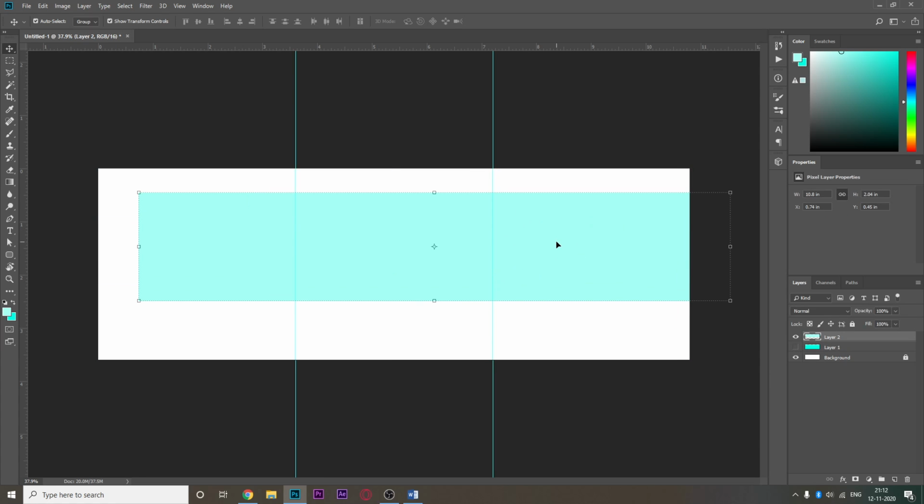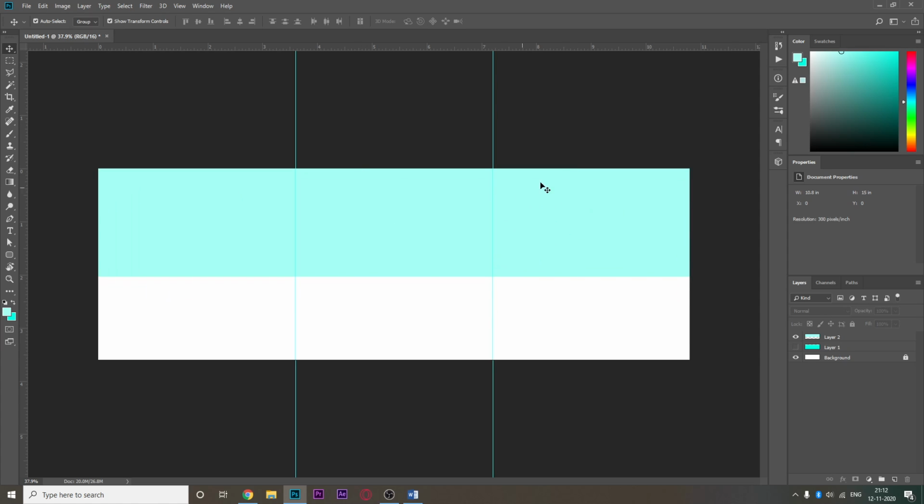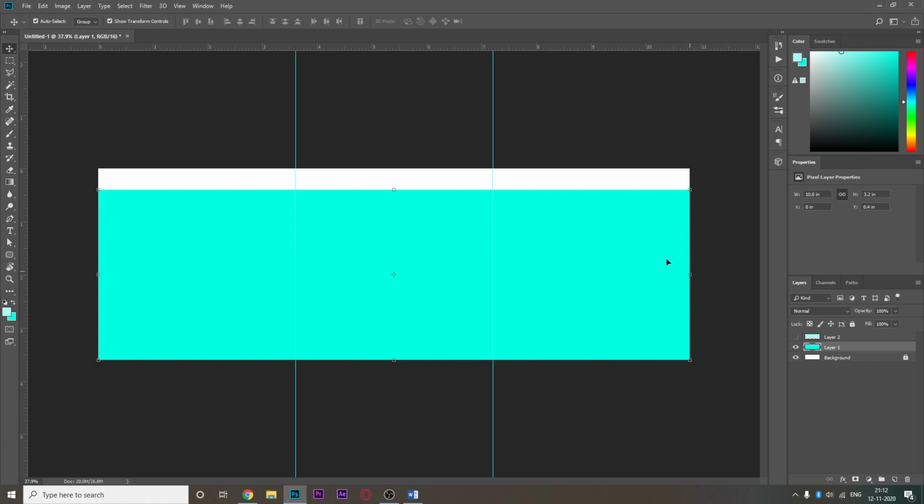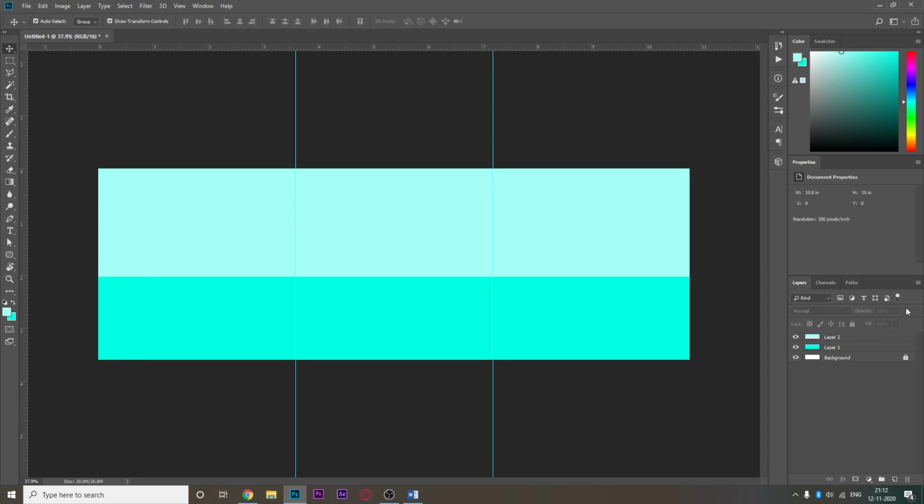This layer goes up to this point, and this layer is below this, even though it goes up to this point, it still gets hidden behind this because Layer 2 is above Layer 1.